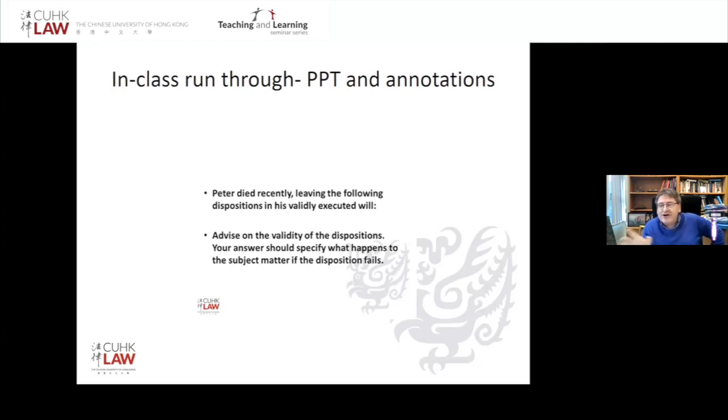So I thought that was nice when Mara was talking about common mistakes. I was thinking there are things that come up, emphasizing some practical tips, both for their essays and also later for the exam as well. So one of the common things is here, that first statement, Peter died recently, leaving the following dispositions in his